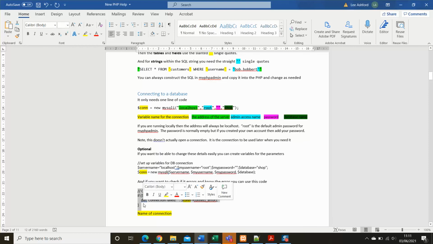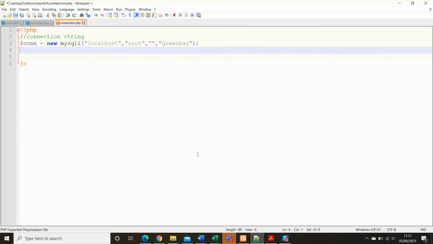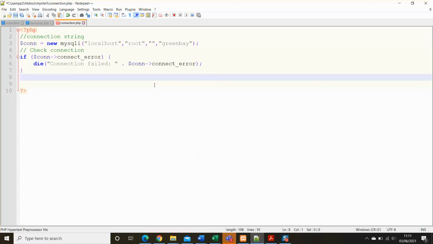If I copy this line of code here and put it in my connection string, underneath my connection string, what I'm saying here is if there is a connection error, die, which basically means stop, and give me an error message saying connection failed and what the error is. Say for example, I didn't spell my database correctly. If I save this and run the page,